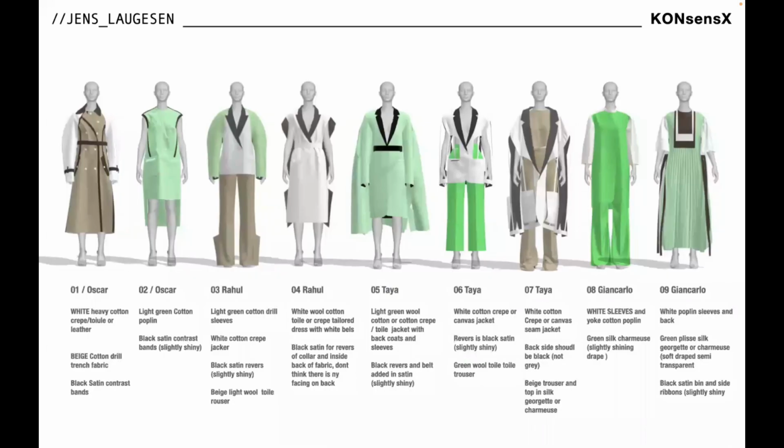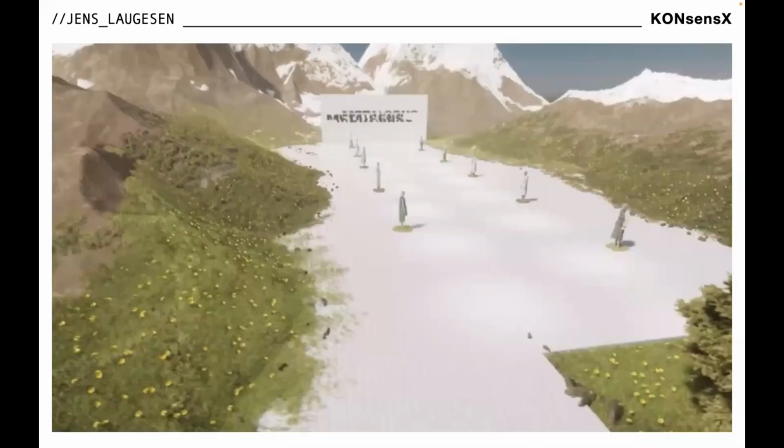So this is just an overview of the collection we did at London Fashion Week last time. It was 10 looks that came into the space that you can see here. This is the space that Virtual Touch developed for me from zero, as a collaboration. I wanted a space that was like a meditative Himalayan landscape post-pandemic, but then morphed with this aesthetic of a